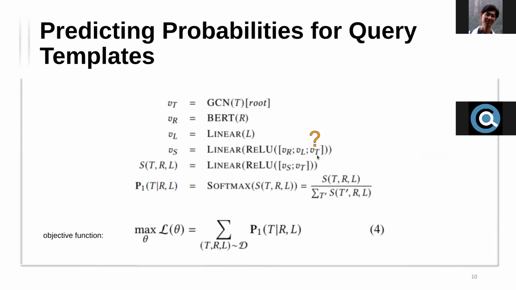So I believe there's a typo here where the VT is used. I don't think the VT is included. It's supposed to be included here. Let me think about it. So here VT is just a template, right? Yep. So VS actually represents how likely this template can be used for this report and this log. I think this is more just an encoding task, just turning the R and L into a vector. So your point is that VT should not be used here. Am I understanding correctly?